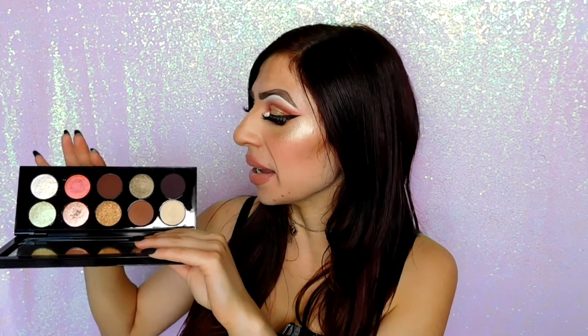So let's get into how I feel about the formulas themselves. There are 3 mattes in this palette, and as you can see, they're all pretty deep and pretty neutral for the most part. You get a warm brown, a more taupey, rosy brown, and then this beautiful